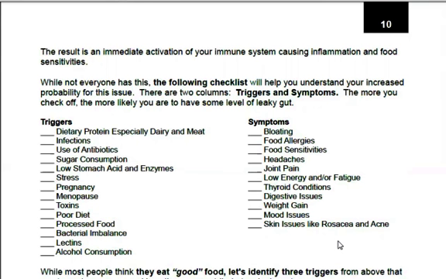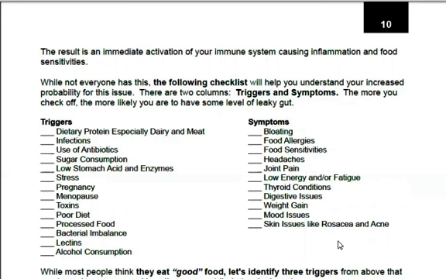So you could go and check those off with that person, and then you could look at triggers. Do you take in dietary proteins, especially from dairy and meat? Do you have infections? Do you use antibiotics? What's your sugar consumption like? Low stomach acid and enzymes. Do you have stress in your life? Are you pregnant? Are you going through menopause? Do you have toxins? Do you have a poor diet? Do you eat a lot of processed foods? Do you have a bacterial imbalance? Do you eat lectins? I don't know what the heck lectins are. Alcohol consumption. So again, you can go through these triggers and mark off the triggers and the symptoms that